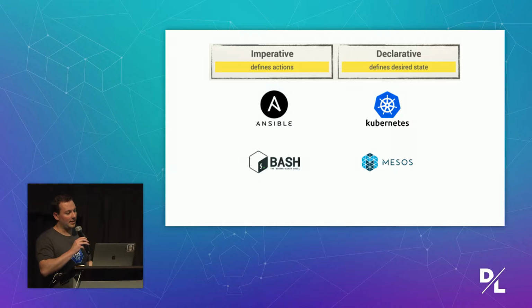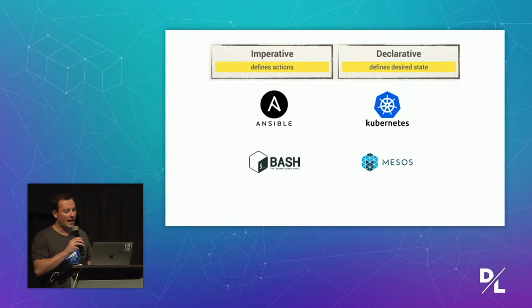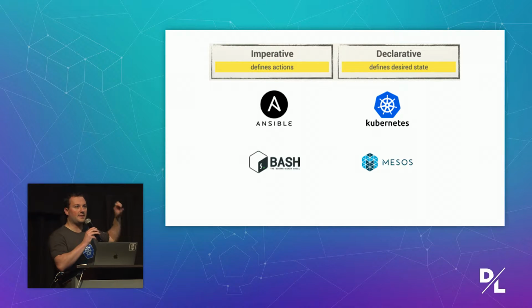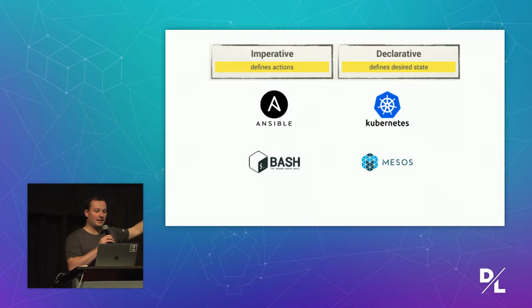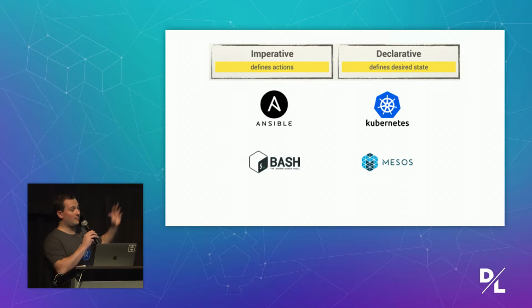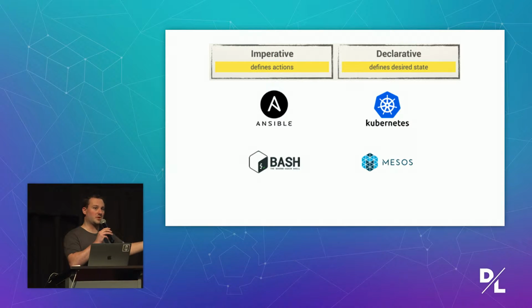Container orchestration systems like Kubernetes or Mesos, however, approach this problem in a slightly different way. They come at it from a declarative syntax. As a developer, as an ops person, you define the desired state that you want. And the control loops that are running in Kubernetes will continuously monitor the current state and continue to make changes to get to that desired state. And it's true that maybe that new container fails to come up because there still aren't resources. But there can be another component in Kubernetes that realizes, oh, I don't have enough resources. I need to talk to my cloud provider, get a new virtual machine, and when that new virtual machine is up, that container will then be scheduled and run on that node.